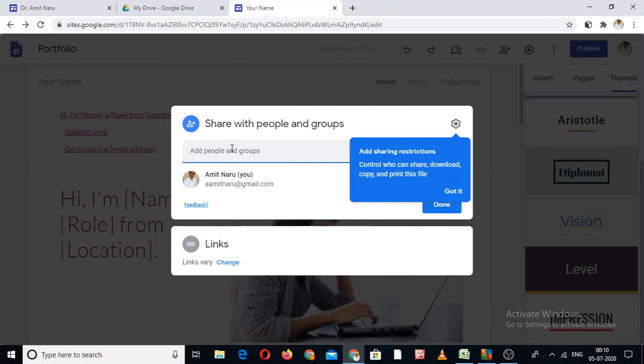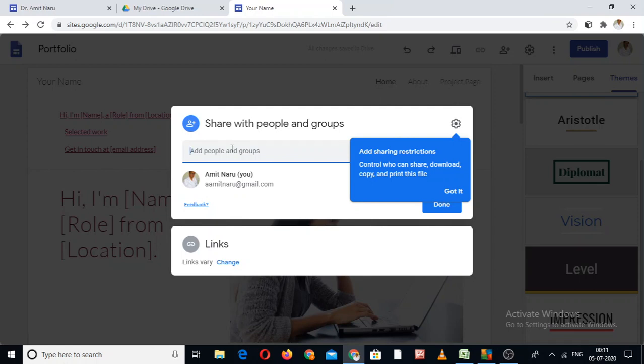So this works like your share in Google Docs. As I told you, in Google Docs, when you share one of your MS Word files, your boss and you both can work simultaneously on that one. So the same here. If I write down your email ID here, it will come to your email, in the sense on your Google Drive, and at the same time you and I can work on this one.